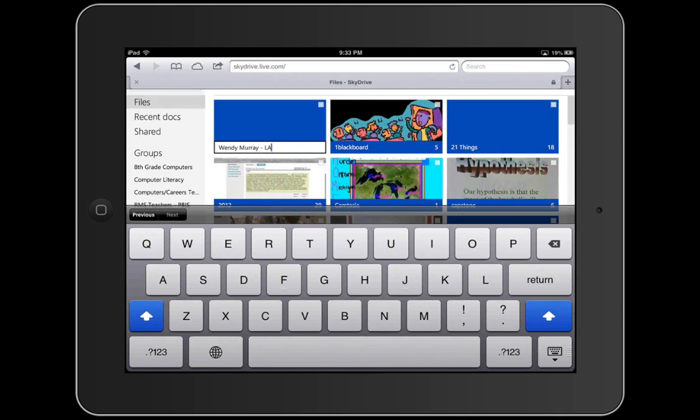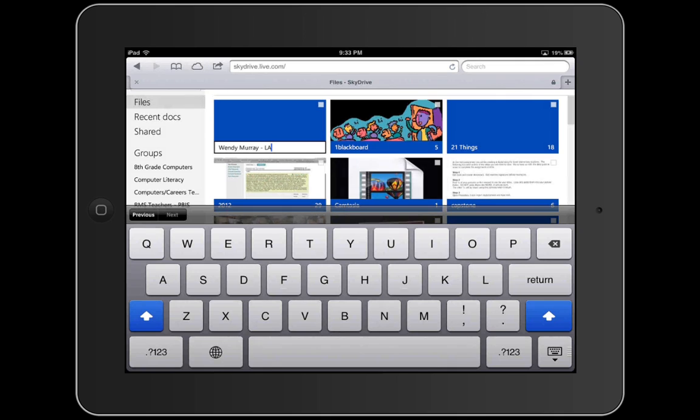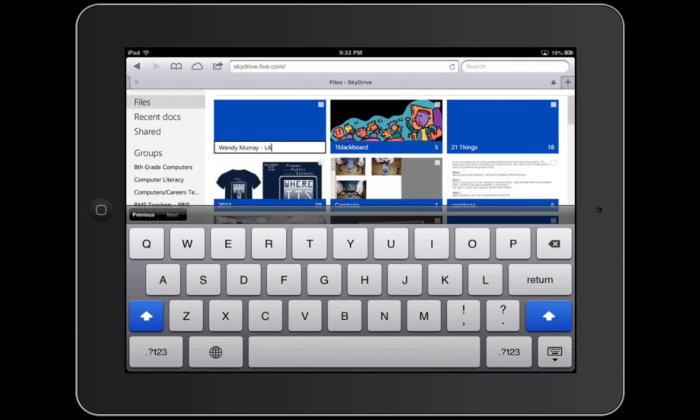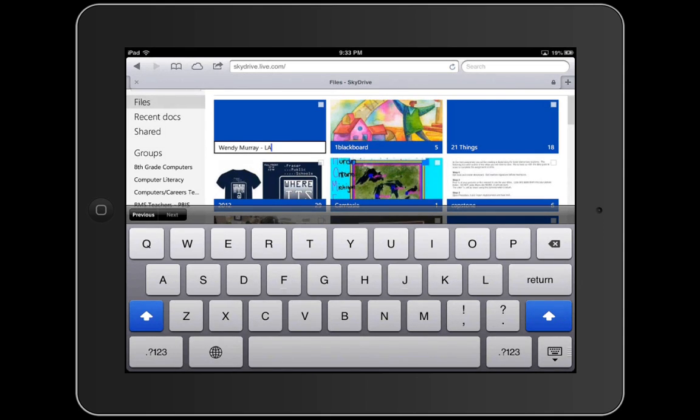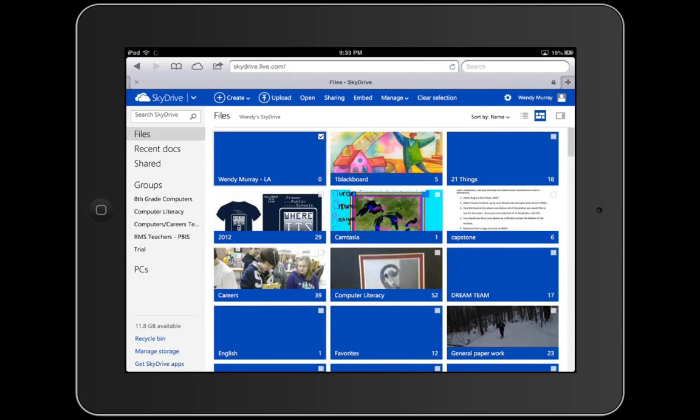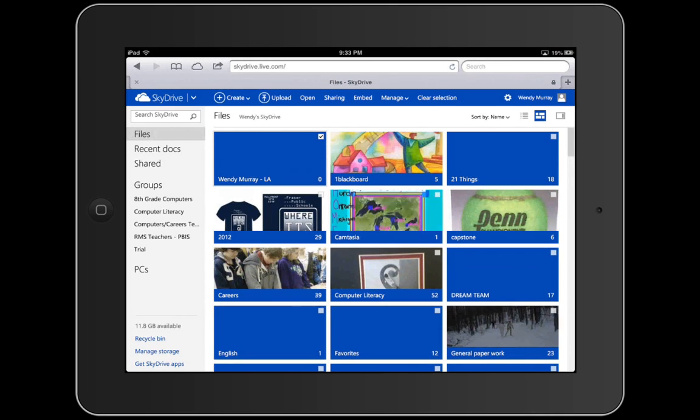I'm putting my name on here because we are going to share this folder with our teacher in order to share documents. So you want to make sure that your name is on your folder in order for the teacher to know whose folder belongs to who. Once I've named my folder, I'm going to go ahead and tap on the little box in the upper right corner of that folder so it's checked. Once I do that, I have a few more options across the top. I'm going to go ahead and select sharing,